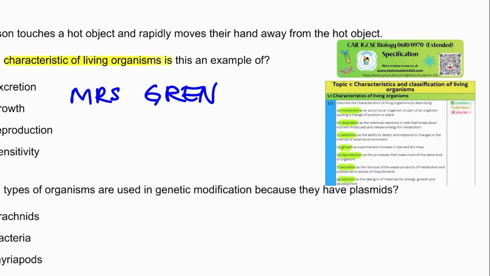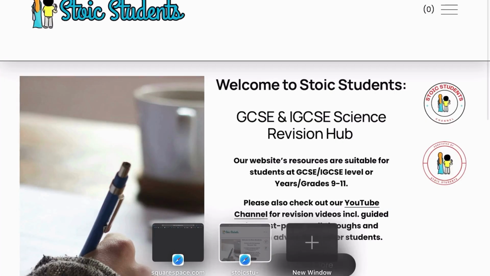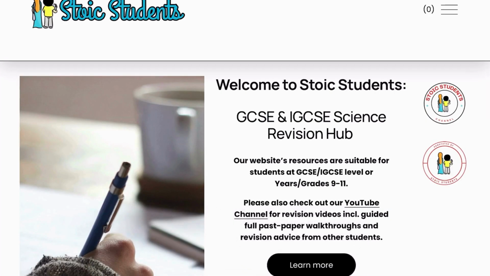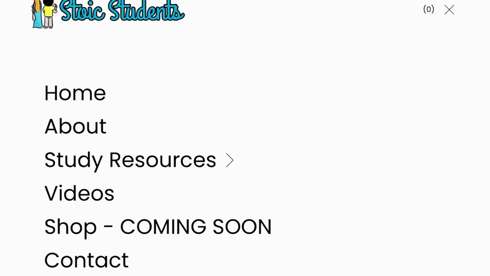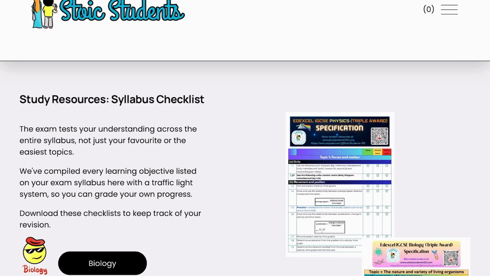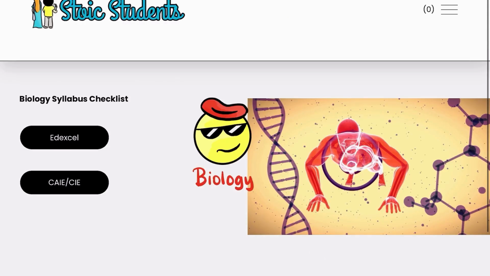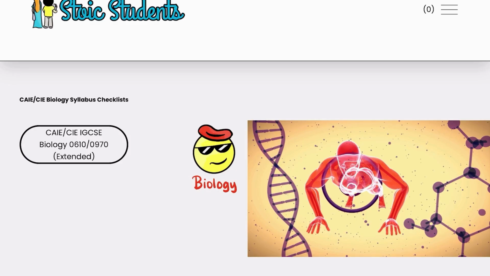You go to our website. So open up your browser and you're going to type in www.stoicstudents123.com, and then on the top right hand corner, see those 3 horizontal lines? You're going to click on it, and then you're going to go to study resources. Then you're going to click on syllabus checklists. Then you're going to click on whatever subject you're working on. So we're doing biology today. And then you find your syllabus, so this is CIE, we click on that, and then you can download the